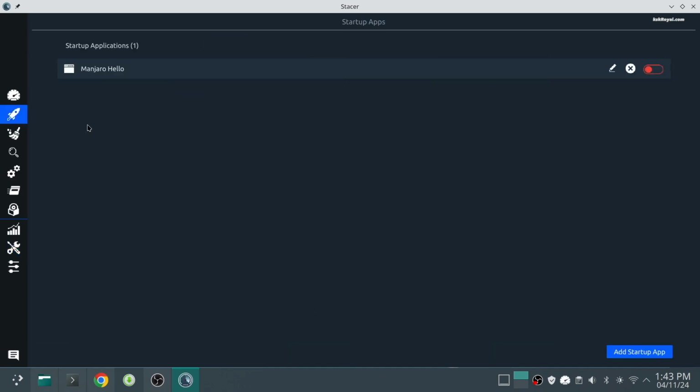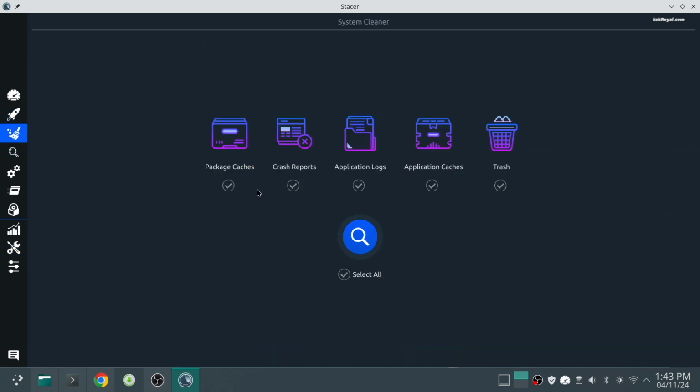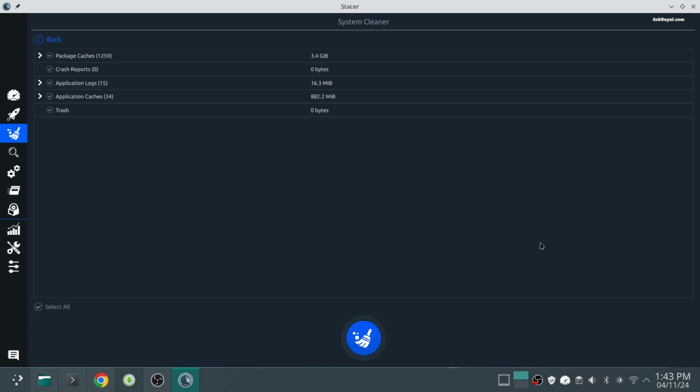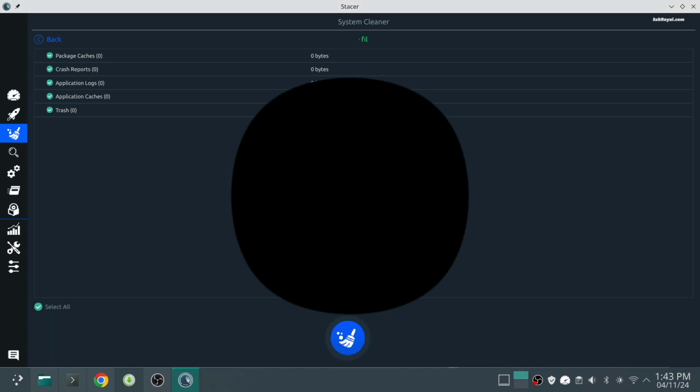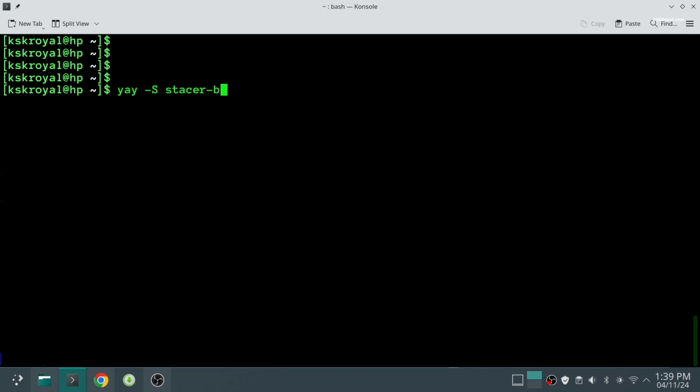Stacer also supports a system cleaner, which helps remove unnecessary log or cache files and empty the trash on your system. You can go ahead and install Stacer by running this command.